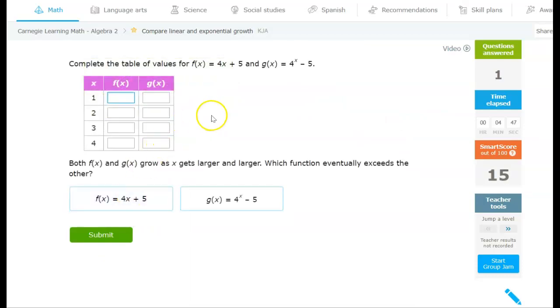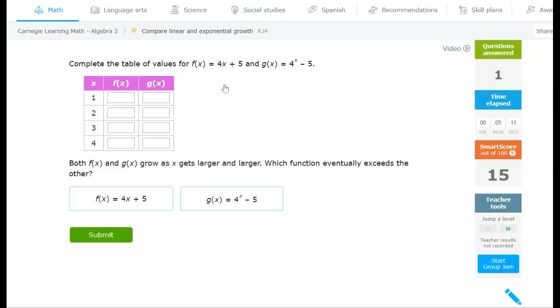So in each of these cases, you're going to do the same thing. Another thing you can do is substitute these values in for x, and you can evaluate them that way. So in the f of x function, I could do 4, since the first term is x equals 1. I could do this as,